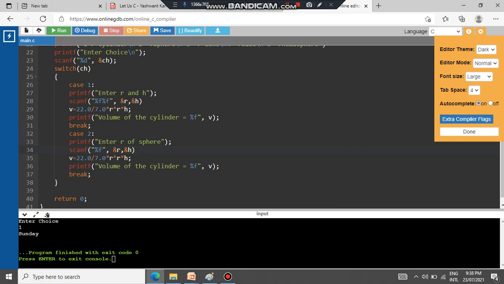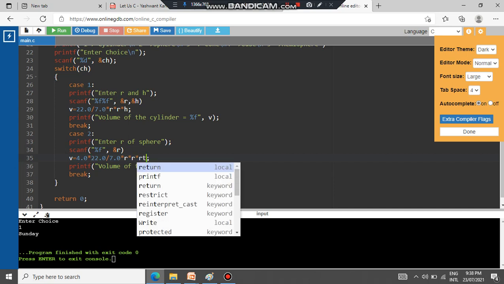So I will read only one value and remove the second one. It is 4 into pi, so I will write it as 4.0 into pi r cube. Now it is r cube, so pi into r into r into r. Another r is required here.